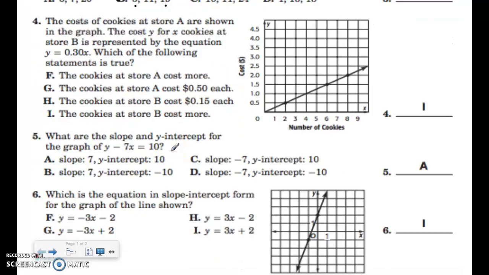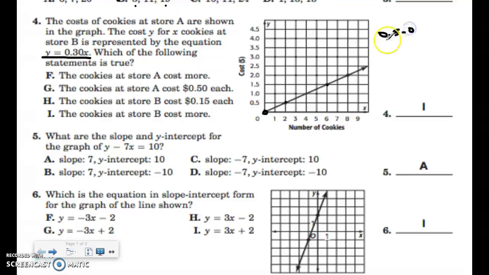Number 4, cost of cookies at store A are shown in the graph. The cost y for cookies at store B is represented by this equation, y equals 0.30x. Which of the following statements is true? So it gives me store B as an equation. It gives me store A on the graph. I need to find the slope of the line based on the graph. So I'm going to take these 2 points right here. I'm going to calculate the slope. Actually, what I would recommend doing is, in this particular case, you can use (0, 0). So it's going to be, here's this point, (2, 0.5). So 0.5 is the y